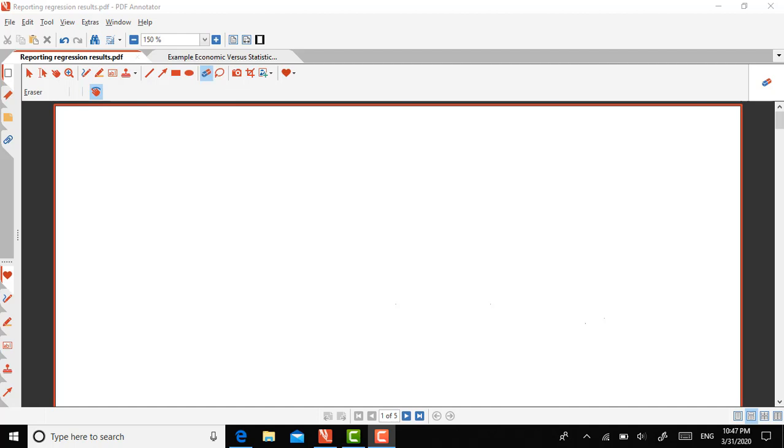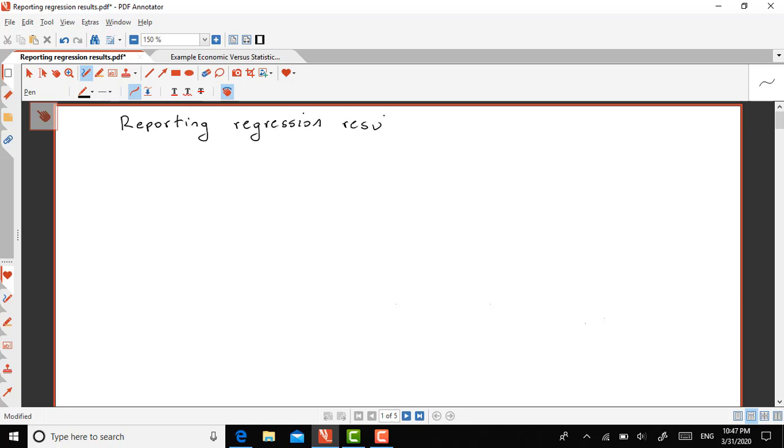Today's topic has to do with the procedures or the formats that we have available for the reporting of regression results. This is the topic: reporting regression results. This is today's topic. So I know that some of you might be tempted, if you are writing like a